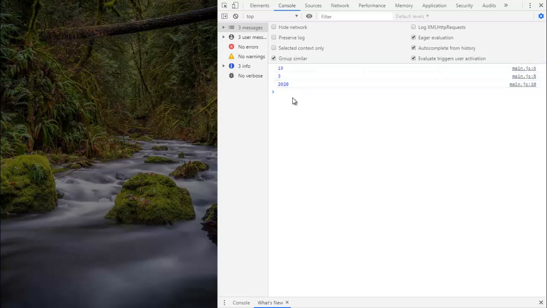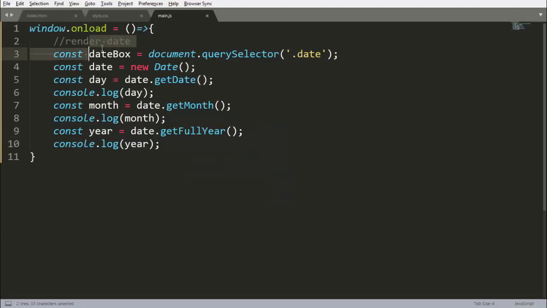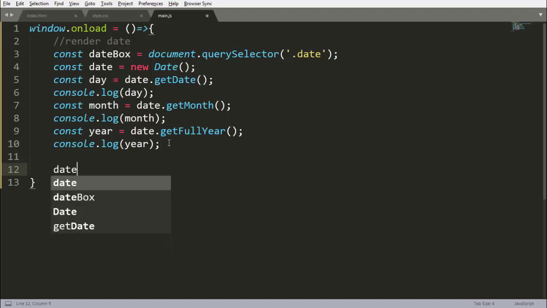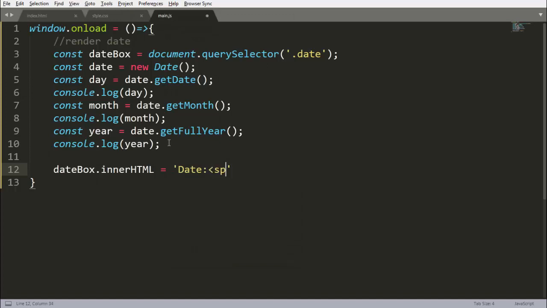So let's render this to our date box here. For that, let's do dateBox.innerHTML equals to, first we want date, and this is our span here. So under the span we want first the day, and then plus is a concatenation operator, then we want a hyphen, then again a concatenation operator.